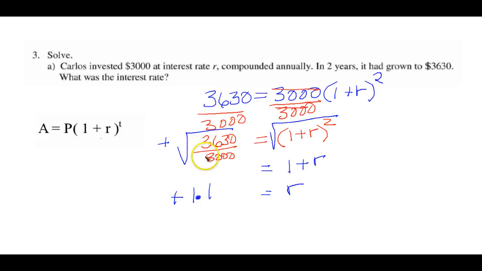When I take the square root of this, just put that in your calculator, you get this. Now, when I take this 1 to the other side, it becomes a negative 1. So I have now r equals